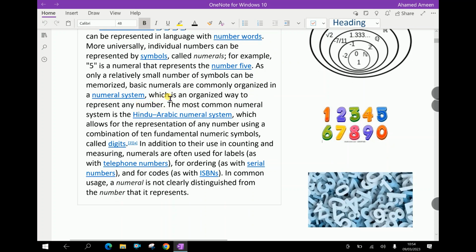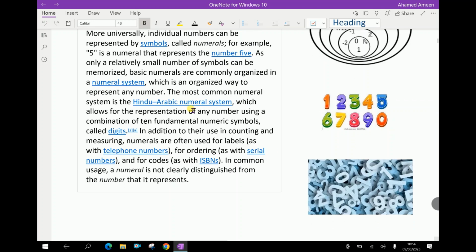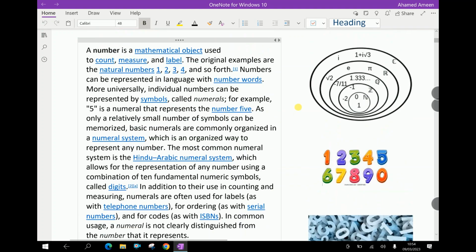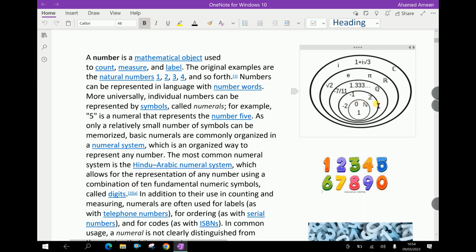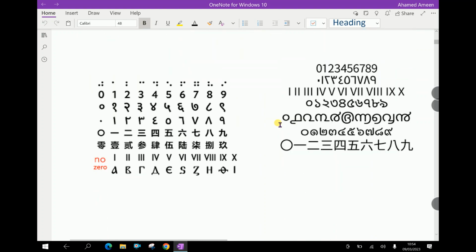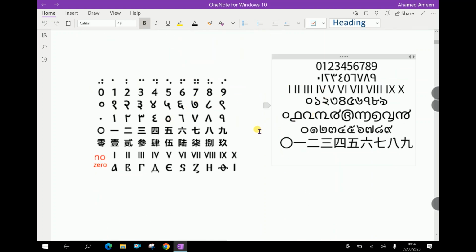There are a lot of numeral systems, but normally we are using 0, 1, 2, 3, the Indo-Arabic numeral system. Here is a number system. These are some numeral systems in the world, but mostly we are using the Indo-Arabic system like 0, 1, 2, 3,